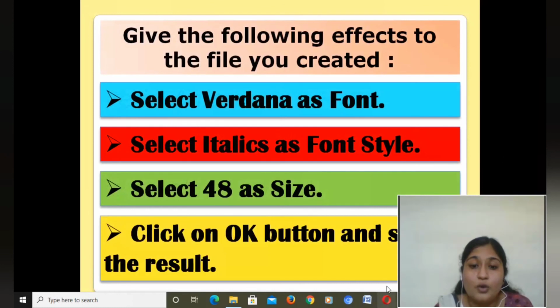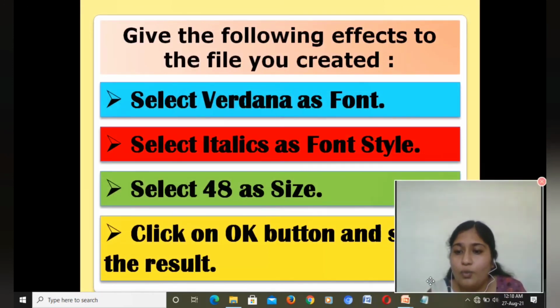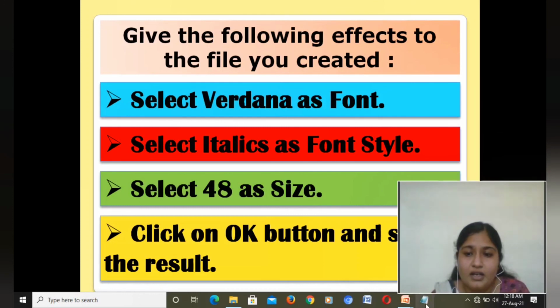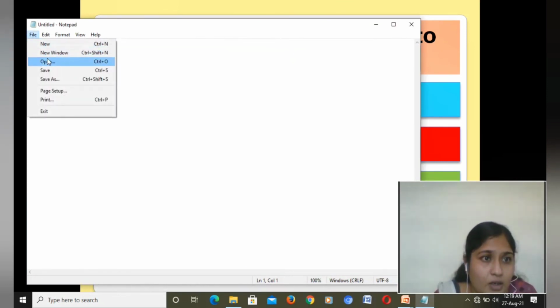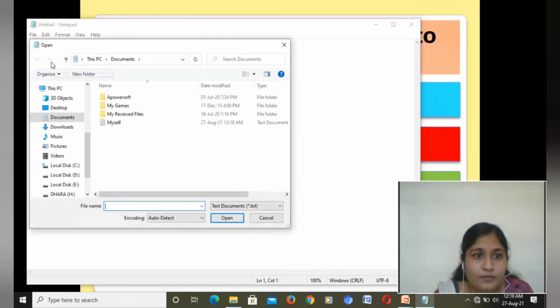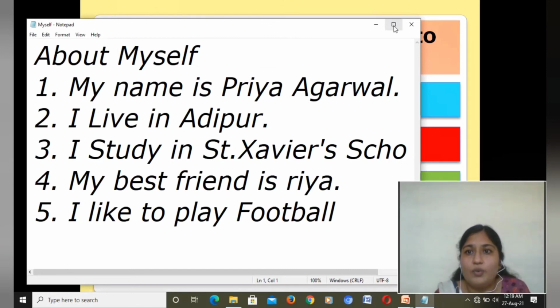Now once again I want to reopen this file. This is the screen which I was showing to you, right? Now once again I want to open this notepad file. कुछ mistake हो गई थी मेरे से, I want to see. By chance if any mistake is there, I want to see. So we have saved this. अब save वाली file हमें open करनी है. So once again click on the file, then select the open option. Here on the screen you can see this myself text document. Double click on that, it will open.